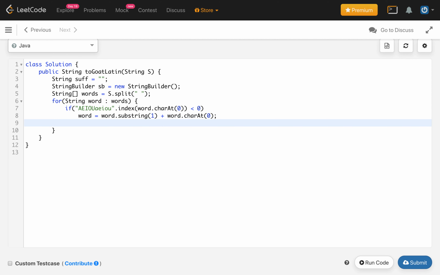So we first change the word in case it is a non-vowel.